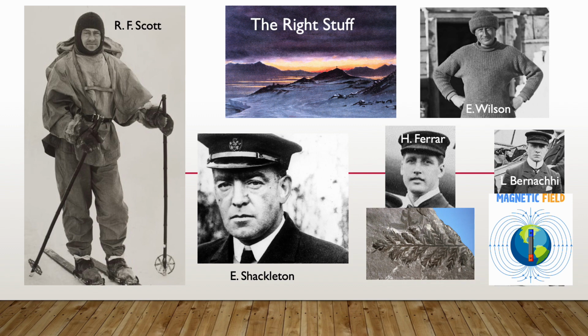But actually, Discovery was not done with science just yet. And if you're interested to find out more, stay with us for the final third